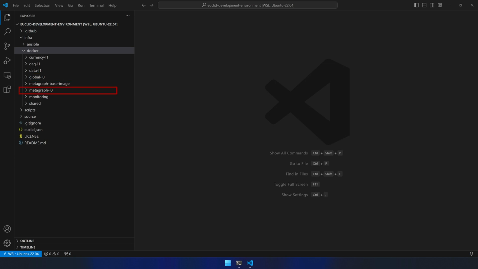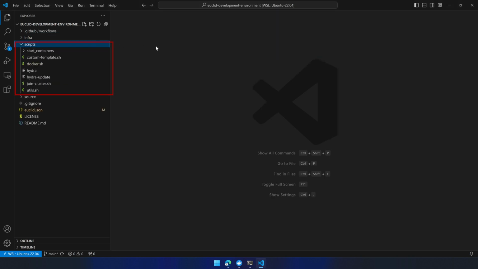You have the hybrid metagraph L0 genesis and validator node images. Then there is the metagraph L1 currency node image and the metagraph L1 data node images. Finally, you also get some monitoring applications to be able to view some generic metrics of your environment. This uses a Prometheus time series database to store the metrics and a Grafana instance to view the data through dashboards. The scripts folder contains the Hydra scripts, which allows you to spin up your local cluster or publish it